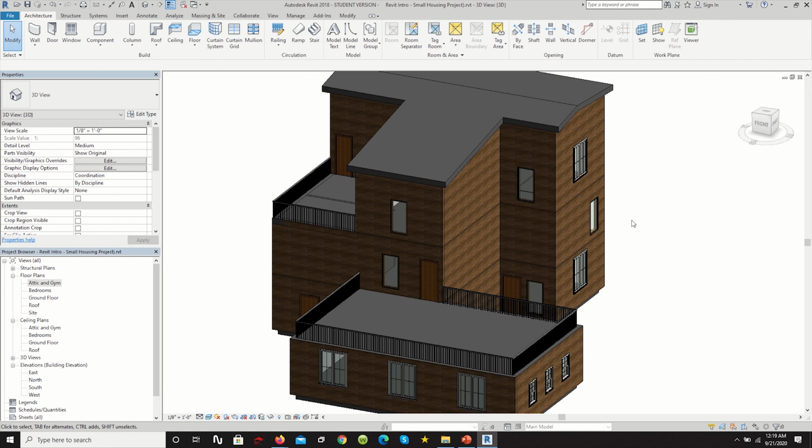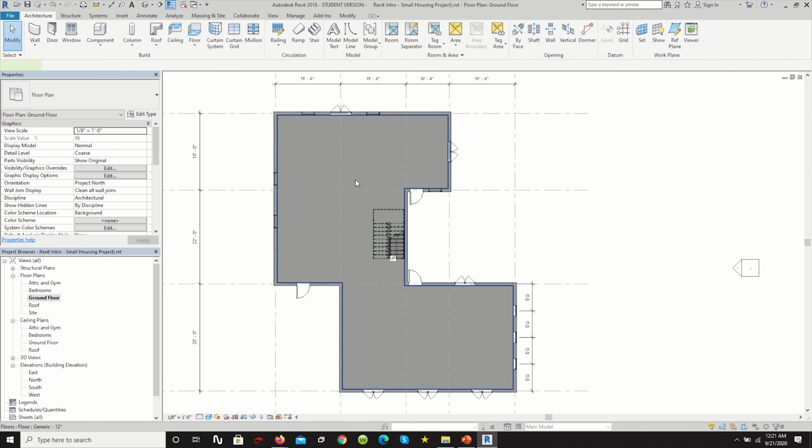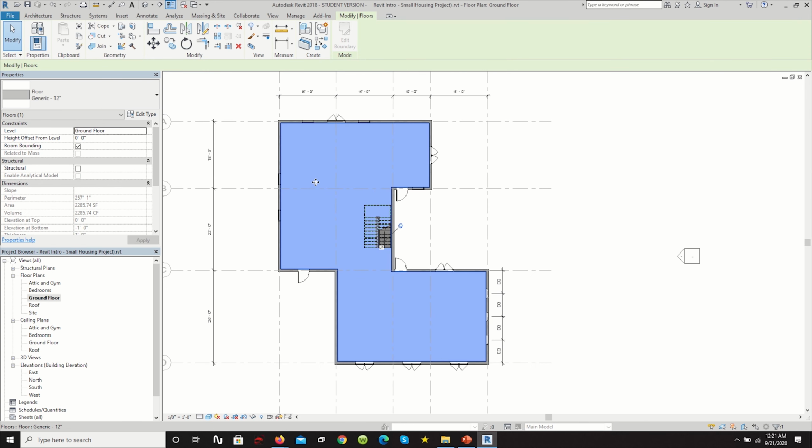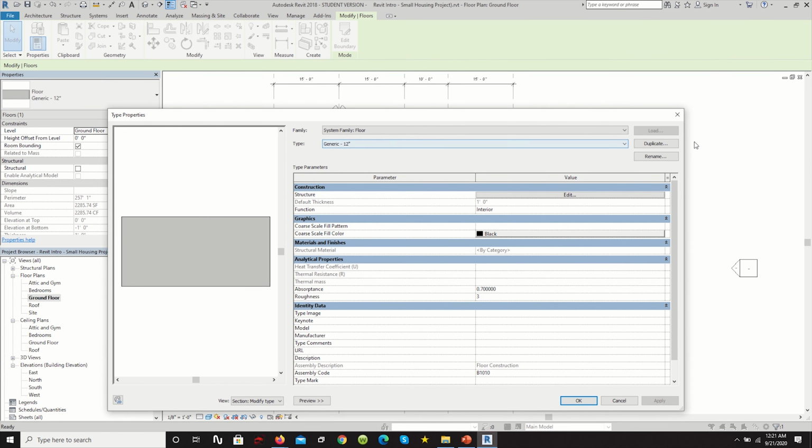Now likewise, we want to do the same thing for the floor. So there's many things you can do in terms of actually applying a material to the floor. So now returning to our floor plan, what we want to do is actually begin to apply materials to the ground as well. So what we're going to do is change this to shaded, and now select our ground component. And what we want to do is go on edit type, and we're going to make a duplicate likewise with the floor. And we're going to call this